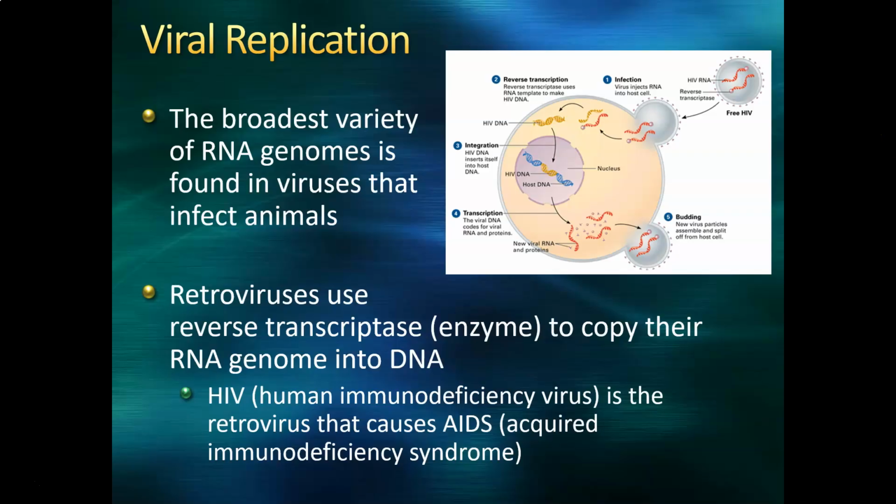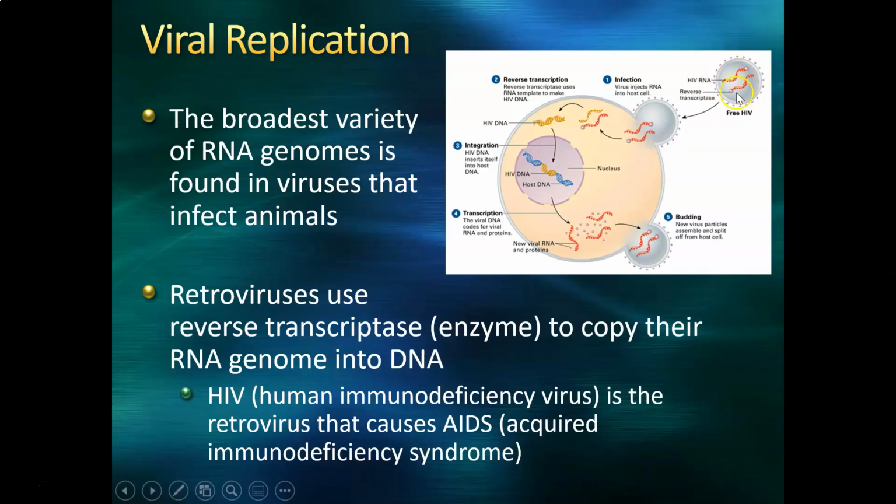When we look at the variety of viruses that exist, the broadest variety really is found in RNA genomes, especially in viruses that infect animals, which might come as kind of a surprise since most of our genetic material is being driven by DNA. One of the kind of interesting RNA classes are these retroviruses, and the one you're probably the most familiar with is HIV or AIDS. So retroviruses, not only do they contain their genetic material, they are an enveloped virus,